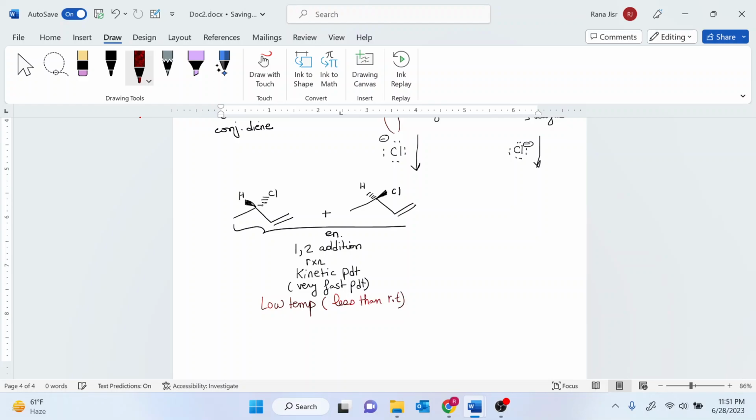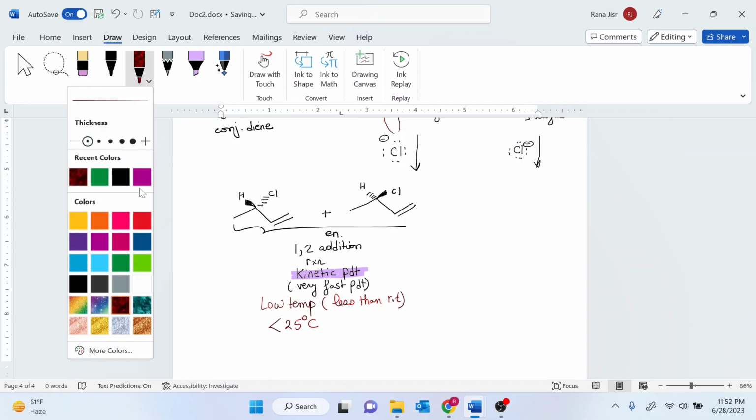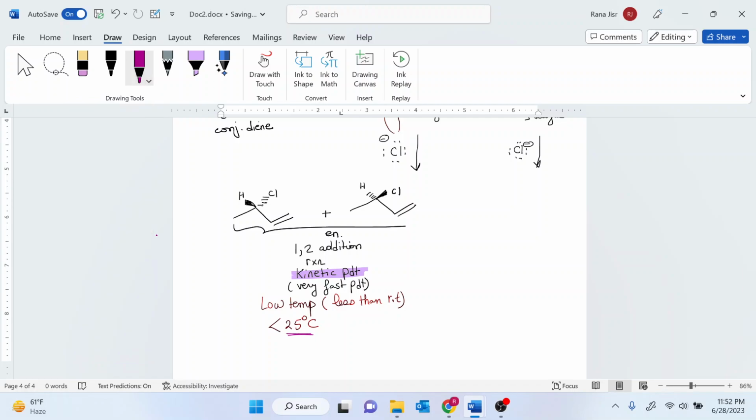So let's assume your room temperature is 25. If your temperature is less than 25 degrees Celsius, then in this case you're going to end up having a kinetic product. Kinetic products range in temperature from 24, 23, they can go to 0, or they can go to negative 70. So any temperature that you see below 25 degrees Celsius in there, whether it's 0 degrees,